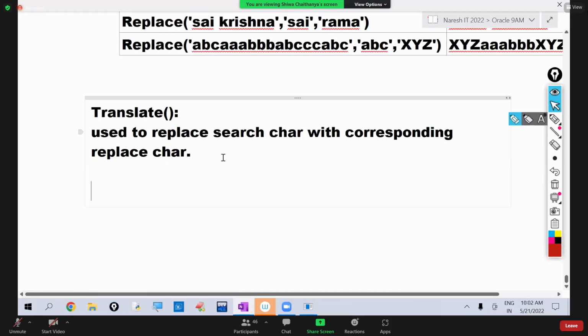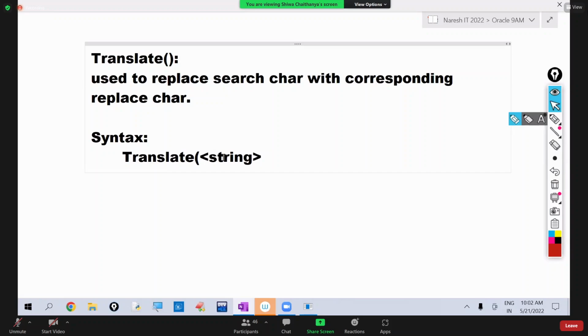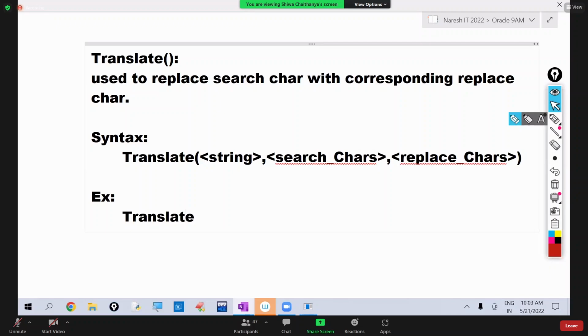For example, we are writing like this. Translate of, we are giving the string here. Next here, the search character set we specify here and the replace character set we specify. So searching characters, replacing characters we specify. What happens here? Observe. For example, we are writing translate of